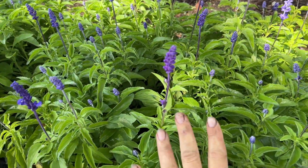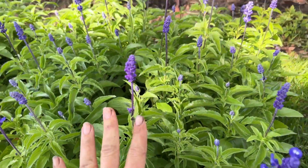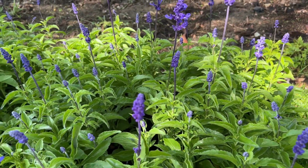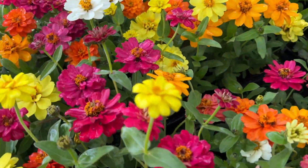So we'll talk about the Victoria Blue Sage. This is also a salvia, an annual salvia. It loves it here, and the flowers are so vibrant and blue, and they're really heavy producers. So I'm actually gonna plant these with some of my hydrangeas, and then at the front edge of the border,